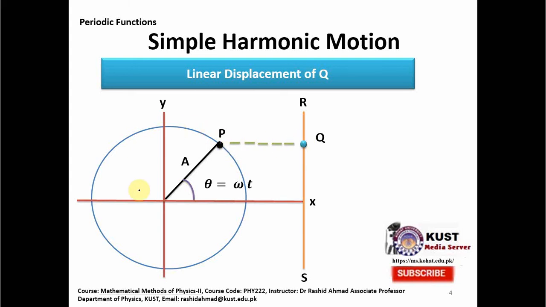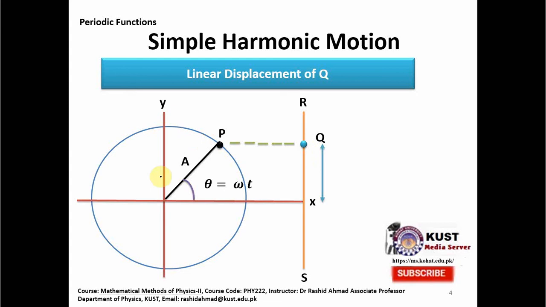Since point P is moving on the circle, it is moving in two dimensions, as you can see on the x-axis and y-axis. But point Q is making only linear motion on the line RS. So in order to describe the linear displacement of point Q, as you can see, we draw this line